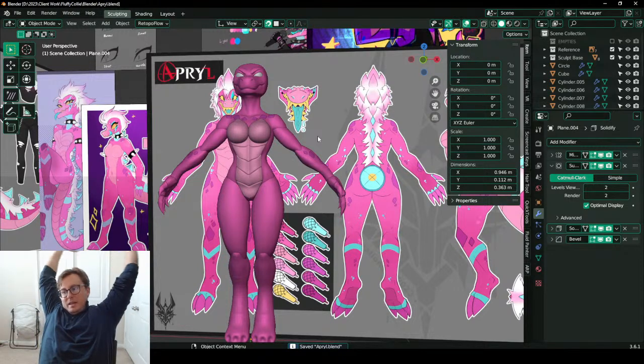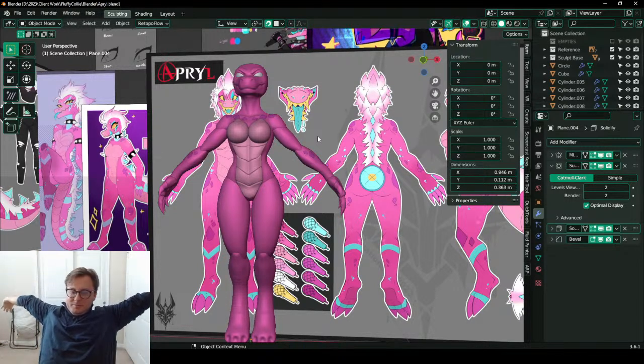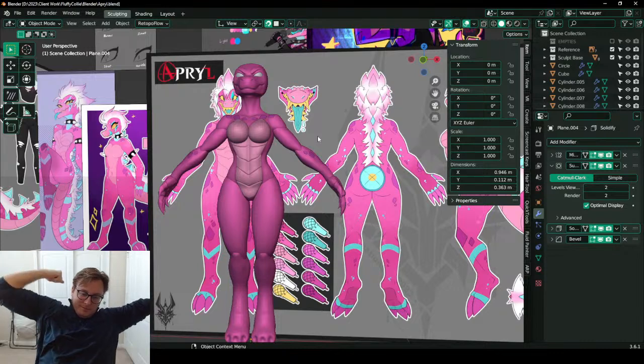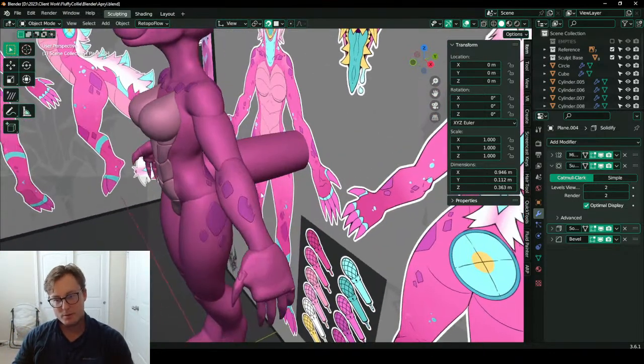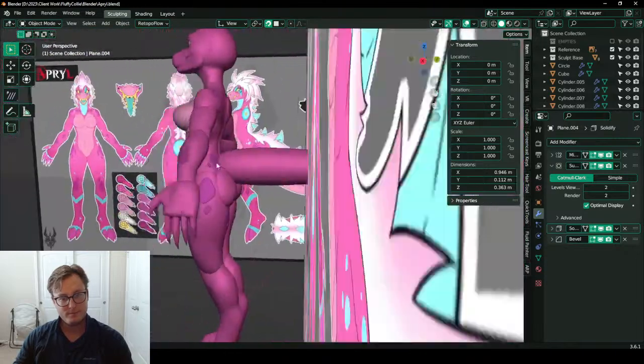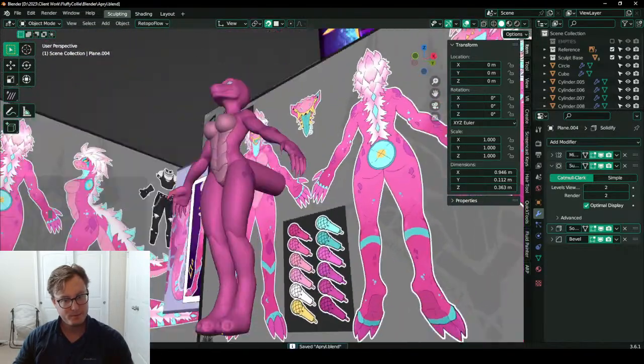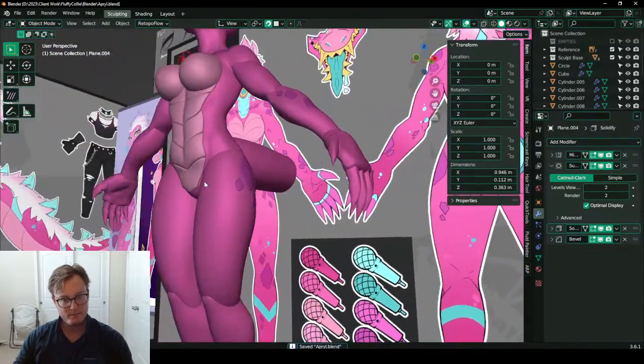This is fun. I like making the scales this way. It'll be fun to maybe give them a little definition or something like that. We'll see, but I'm enjoying it.